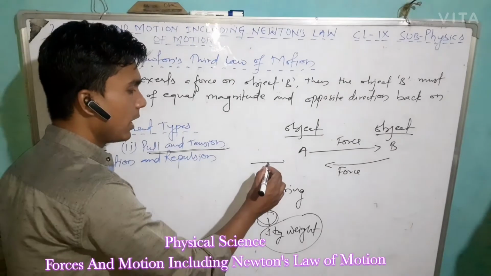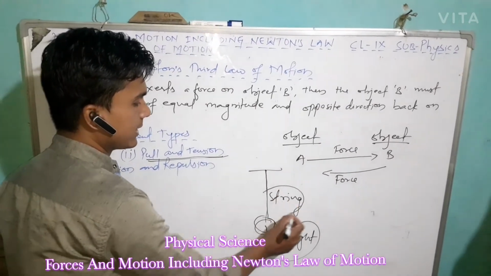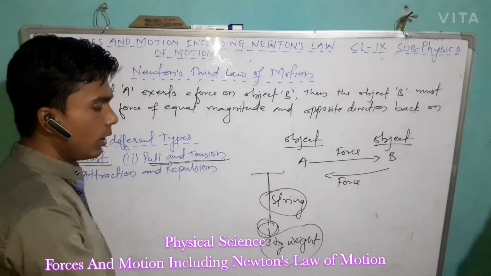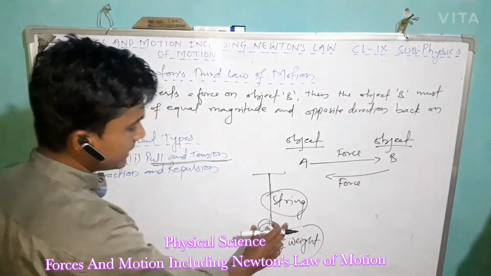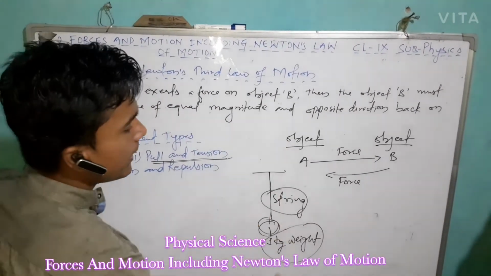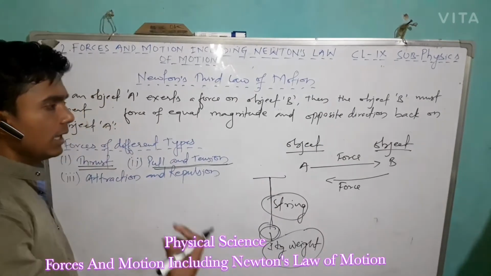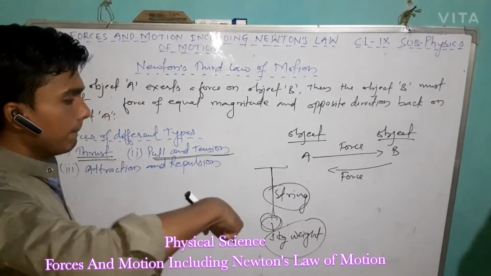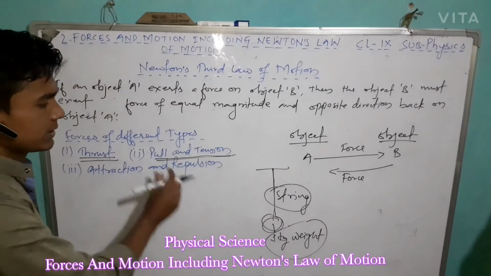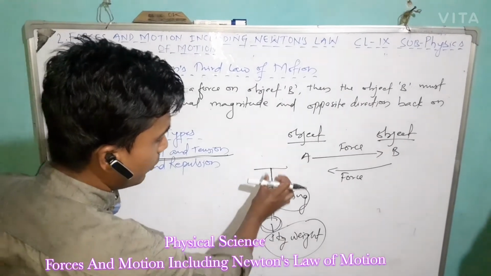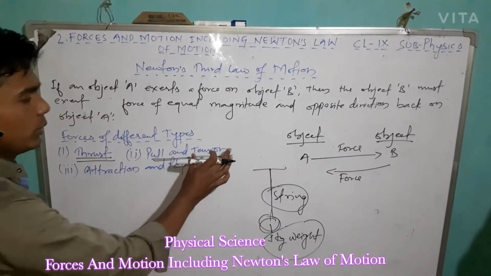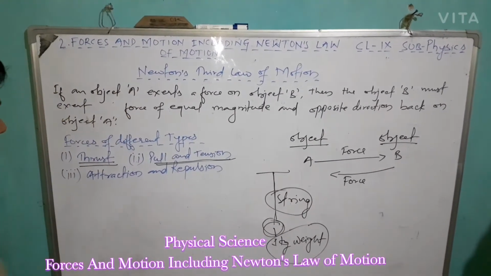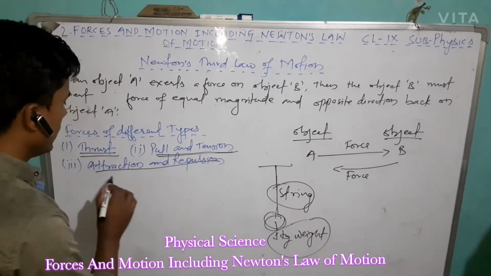Now who is facing the tension? The string is facing the tension, because of the weight of 1 kg. This weight tries to pull the string downwards, but unless and until it breaks, the string holds this 1 kg weight by facing the tension. So when the 1 kg weight is pulling the string, this is called pull, and the string is facing tension because of the weight of 1 kg.